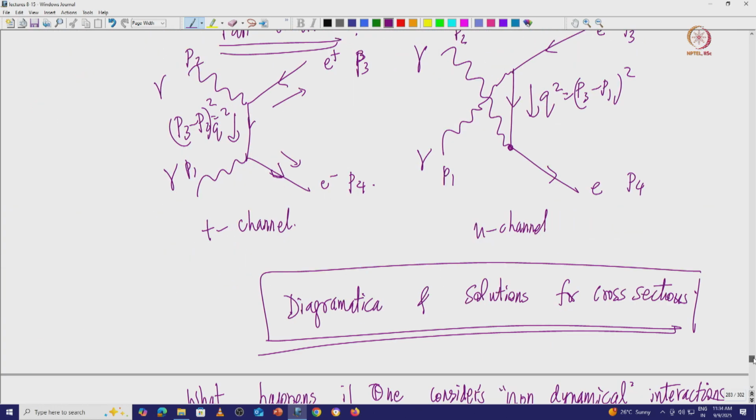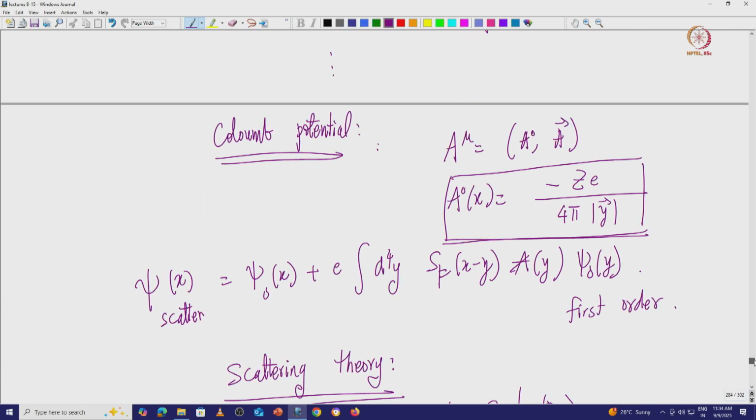All these things, which look like old topics, are now being revived in concepts like dark matter, where we do not know anything about the interaction. These things are being revived in these particular cases, and there is one important topic which I will cover in the next class, which is relativistic corrections to non-relativistic systems, with which we close this course, which is nothing but calculating relativistic corrections to the hydrogen atom.